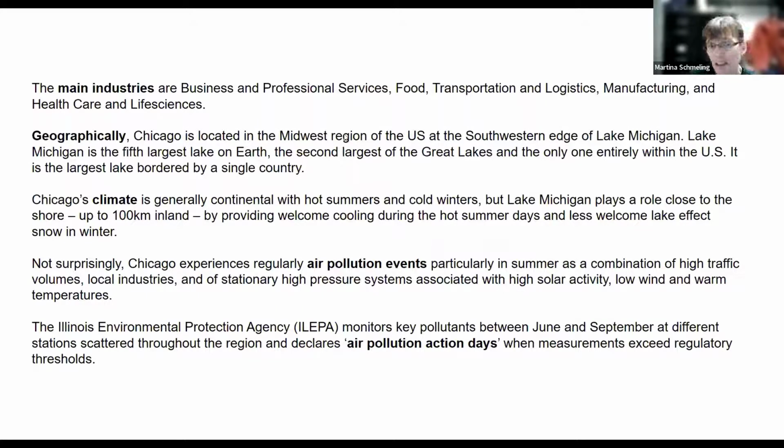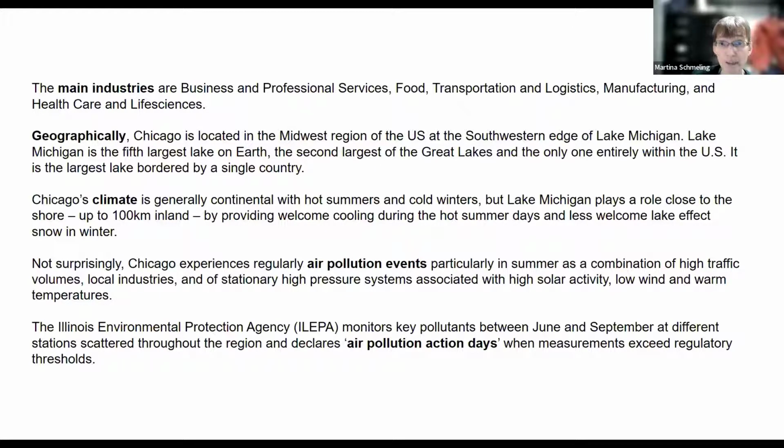So the main industries in the Chicago area are business and professional services. Kraft Food is headquartered in downtown Chicago. Transportation and logistics, United Airlines has its headquarters here. Many other companies have their headquarters as well. Manufacturing and healthcare, and also life sciences. Abbott Laboratories is here. Pfizer used to be in Chicago. So many of the big pharma and also food companies are actually located in Chicago, making it one of the